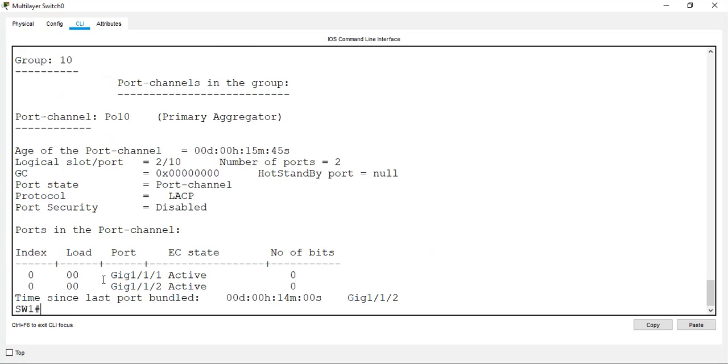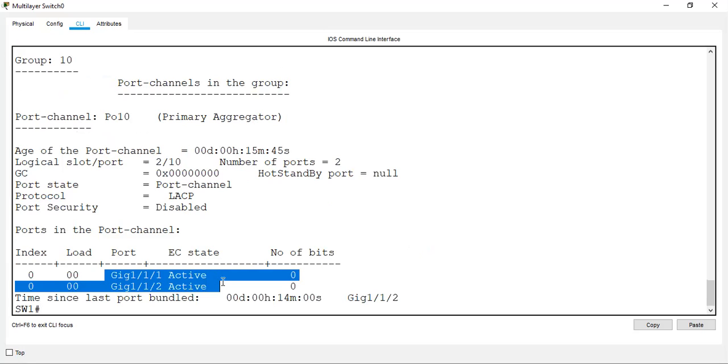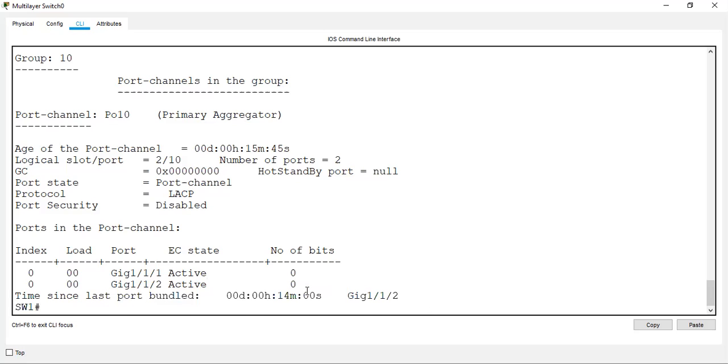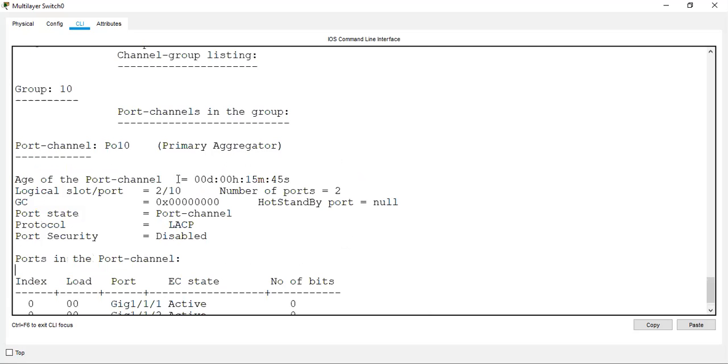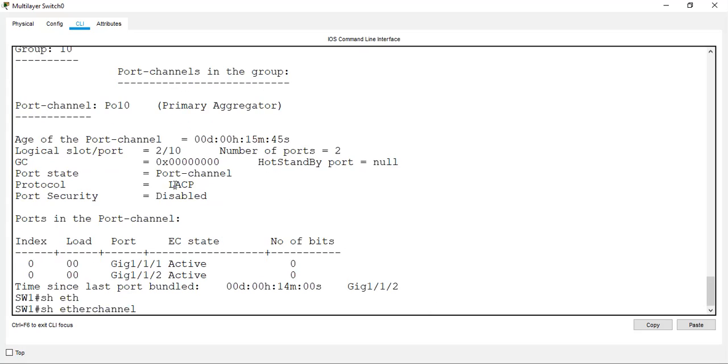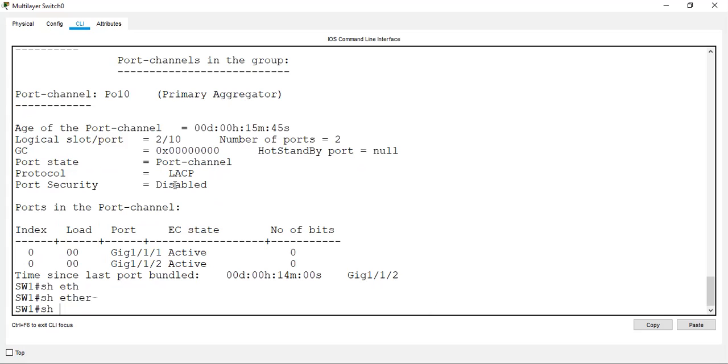Then you can see what kind of mode states you configured, called active, and how long it has been active. For the last 14 minutes, the port is up. So this is the general error checking for etherchannel or port channel configuration. Some switches will have ether-channel or port-channel. It depends upon the model and the vendor.